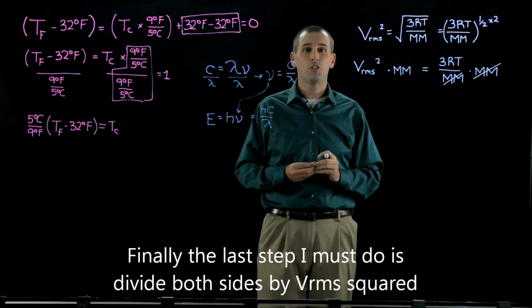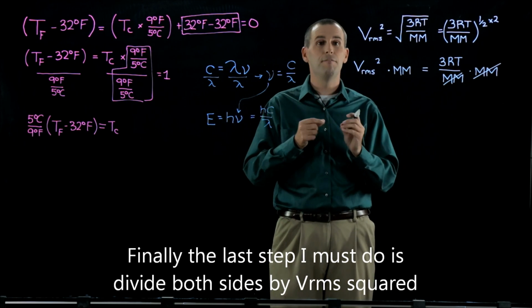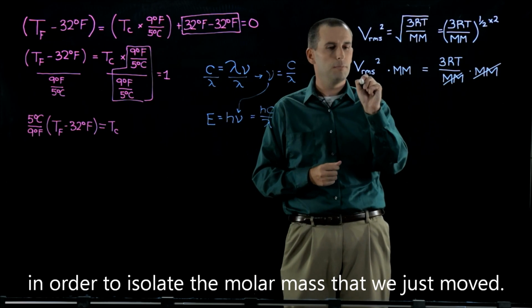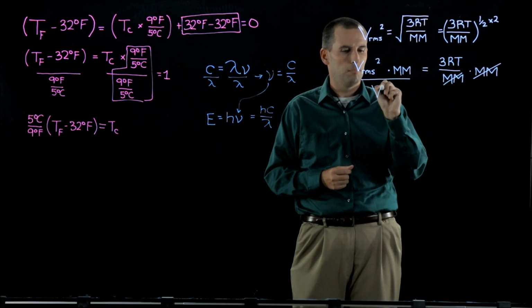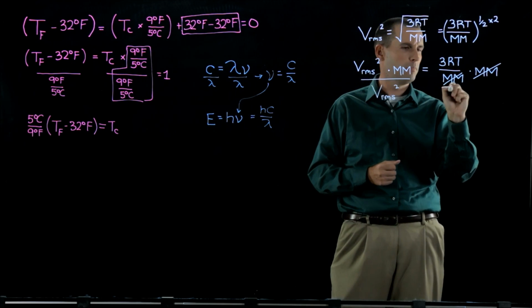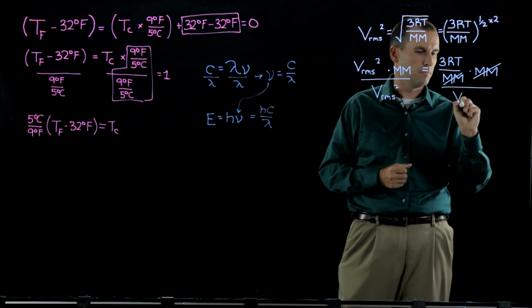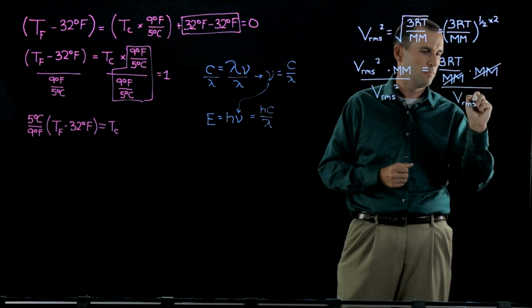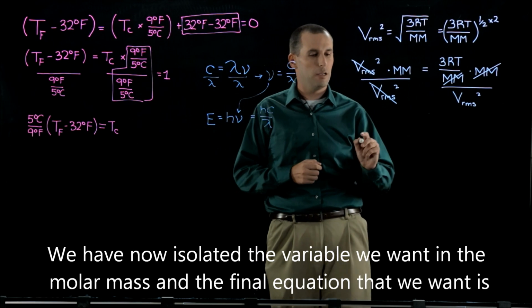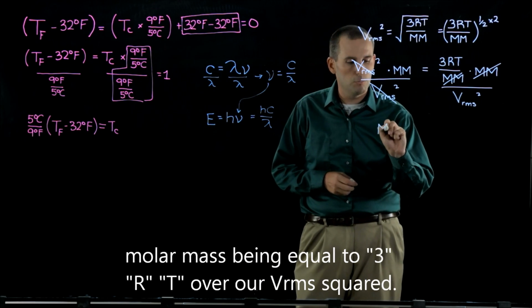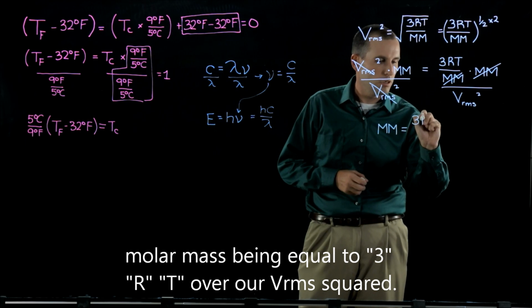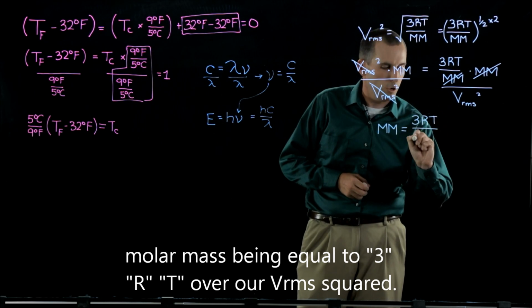Finally, the last step I must do is divide both sides by V RMS squared in order to isolate the molar mass that we just moved. We have now isolated the variable we want in the molar mass. And the final equation that we want is molar mass being equal to 3RT over our